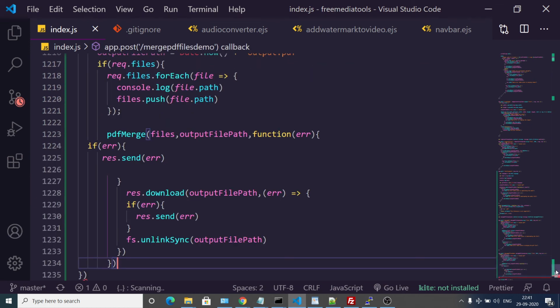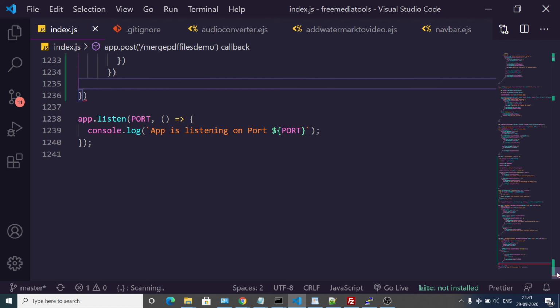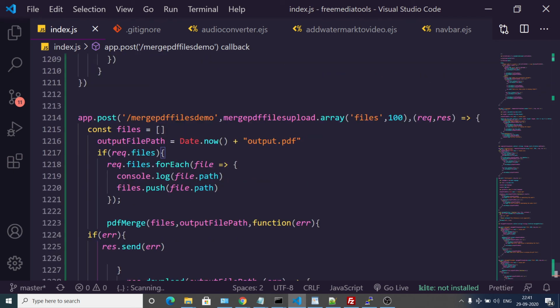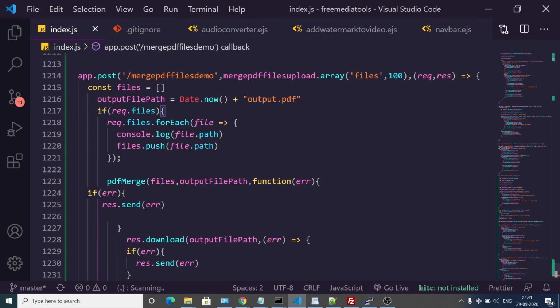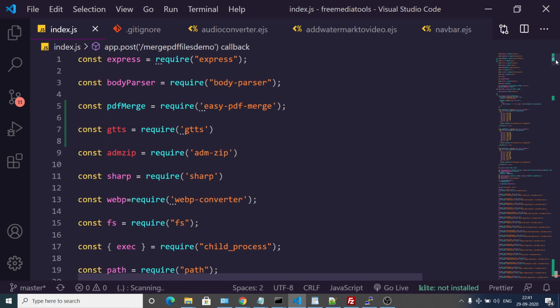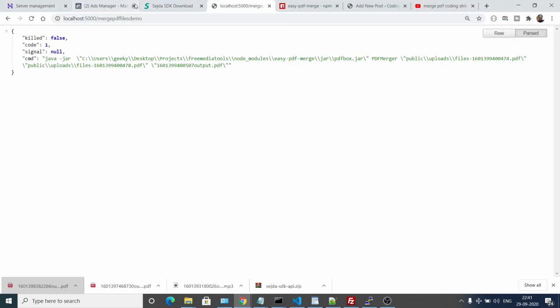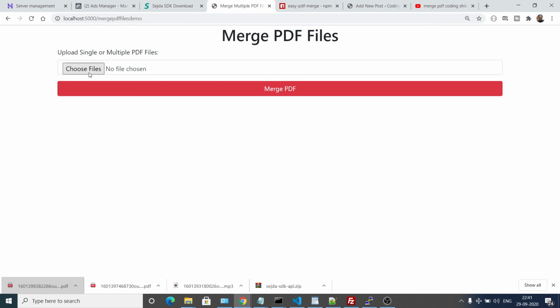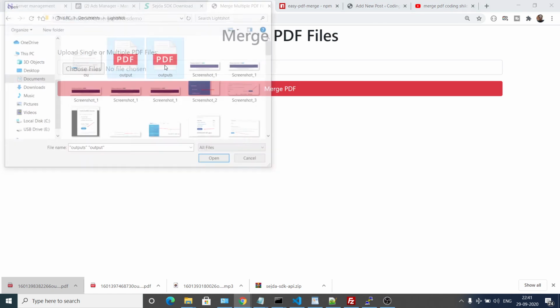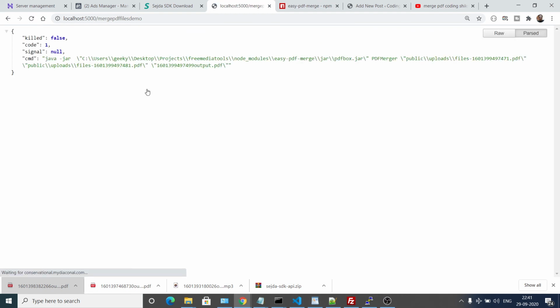So now I think we are missing a comma here. PDF merge, we are invoking this library. So let me just check. Yes, we are requiring it, easy PDF merge. So if I just now rerun the application, hopefully this application will run, because on the live website it is working. So if I click merge PDF,